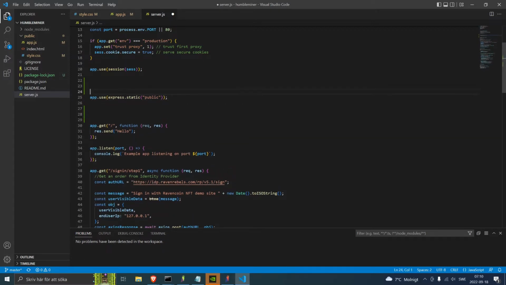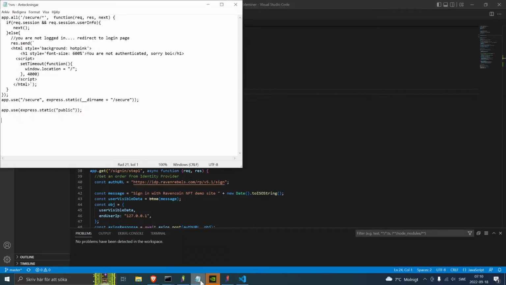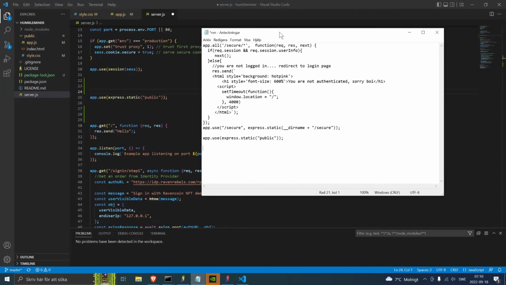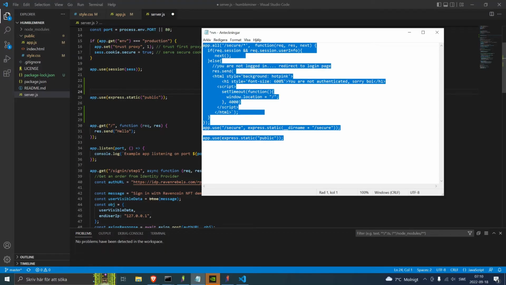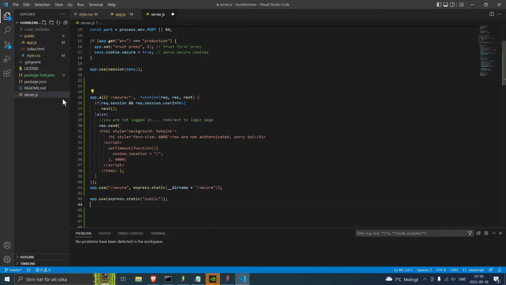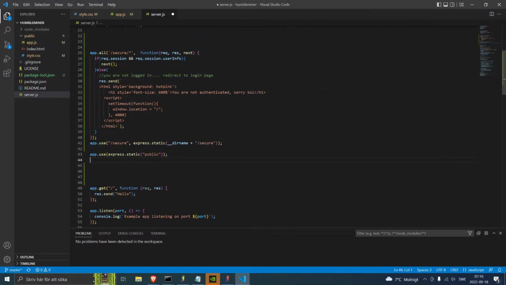Perhaps we also want to use something for secure stuff where you have to be signed in, and I have some code snippets here. So what we want to do is this little thing. So we want to say that, okay, for /secure, go to the directory secure,